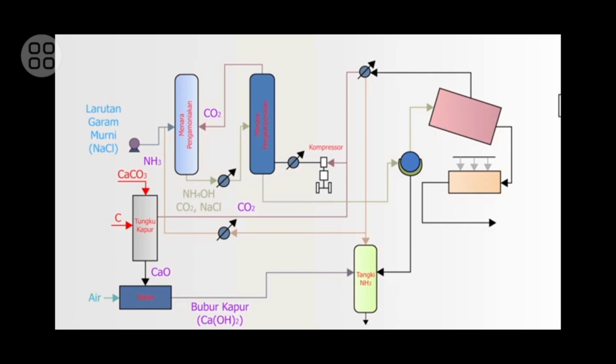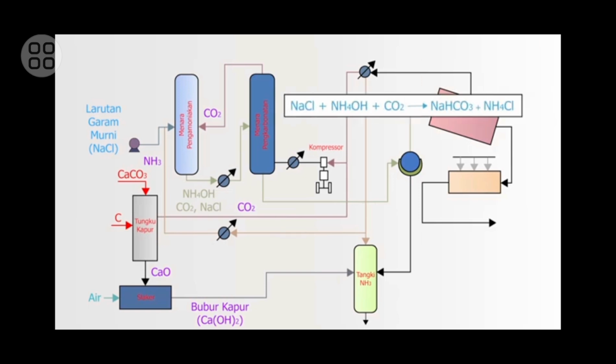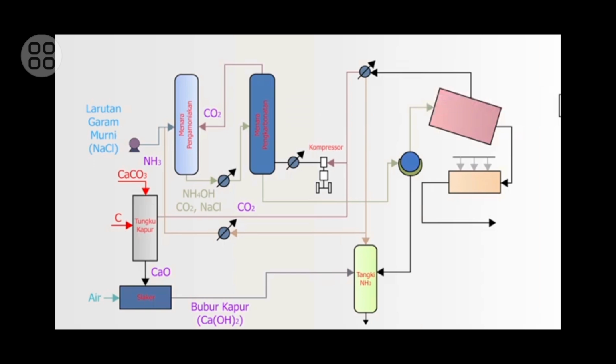In the carbonation tower, the reaction occurs of NaCl plus NH4OH plus CO2 to produce NaHCO3 and NH4Cl. The two substances produced in the carbonation tower are then flowed to a rotary filter to separate the two substances. The byproduct of the separation process is